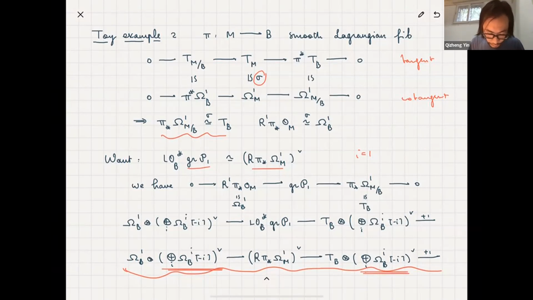On the other hand, you were interested in the derived pullback of the graded piece of P1. Then, as I mentioned before, this graded piece of P1 naturally lives on the cotangent bundle of M. But now it comes from a variation of Hodge structures, so you can also view it as a Higgs bundle, and it's a Higgs bundle on M,